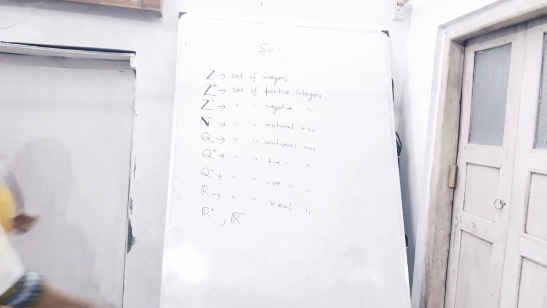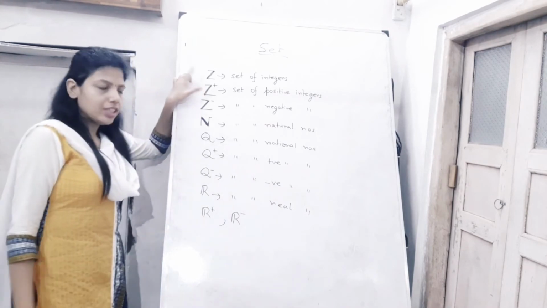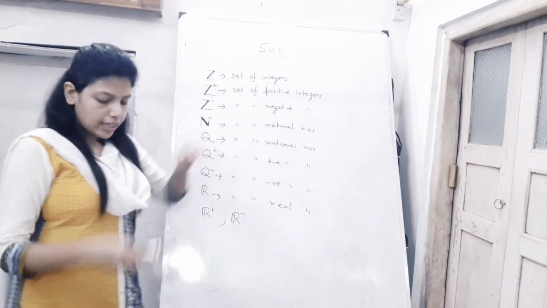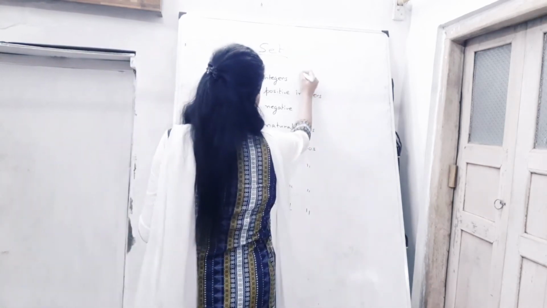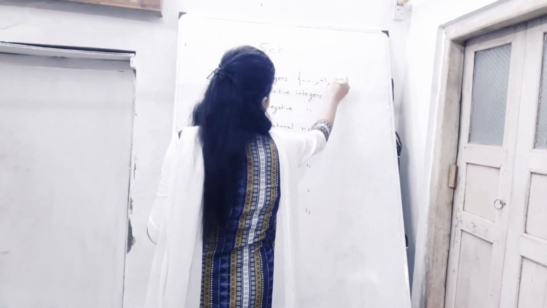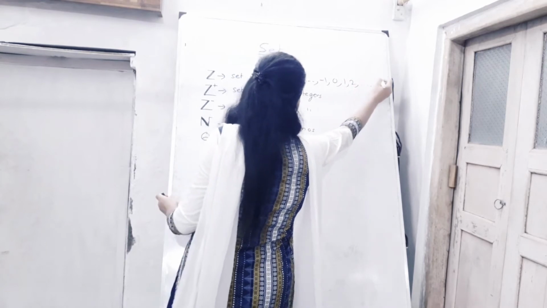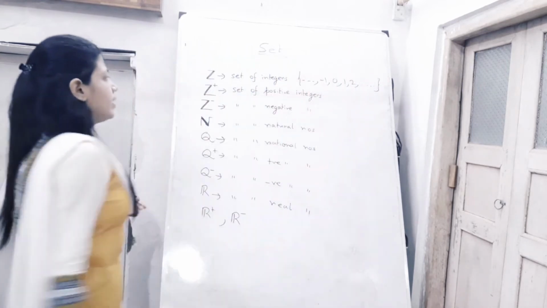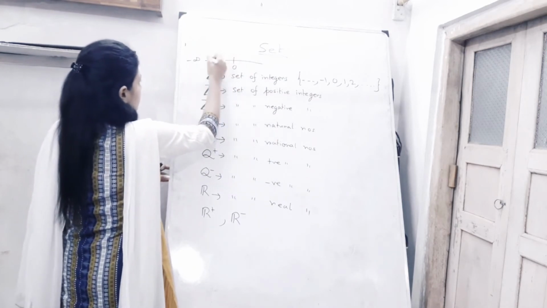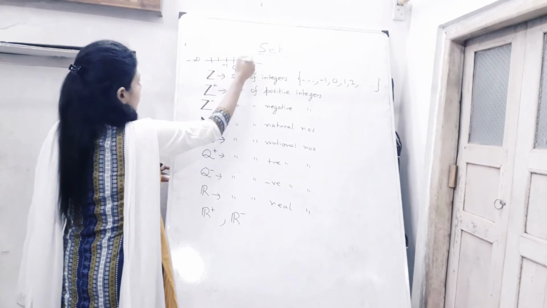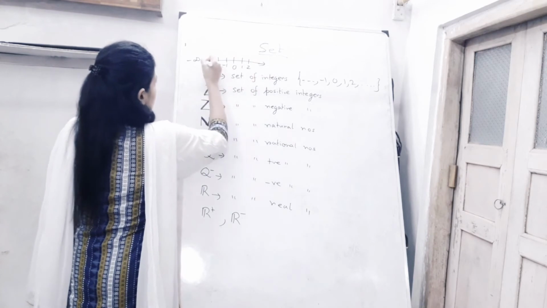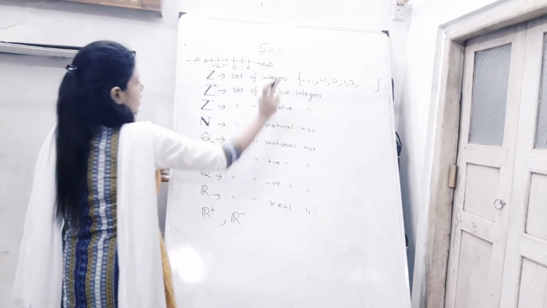Now next, here I will say the notation. It is standard notation. Whenever Z is there, Z means the set of integers. Integers, as you already know, start from minus infinity, then minus 1, 0, 1, 2, up to plus infinity. All are integers. If I take a number line: minus infinity, minus 1, 0, 1, then 2, up to infinity. So these are integers.